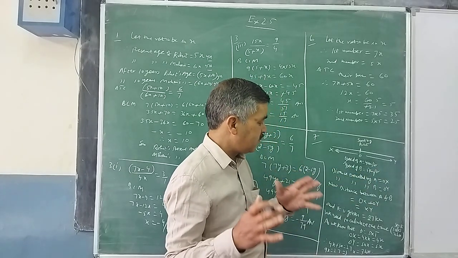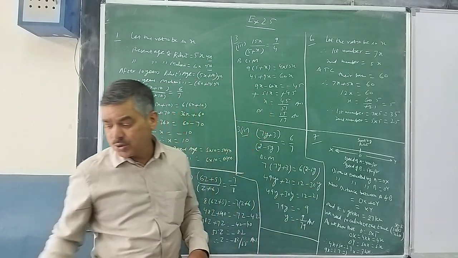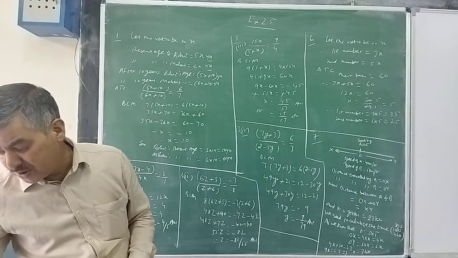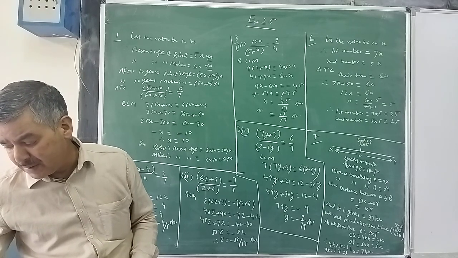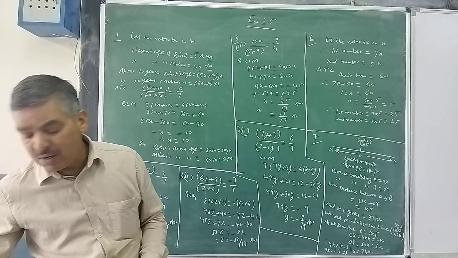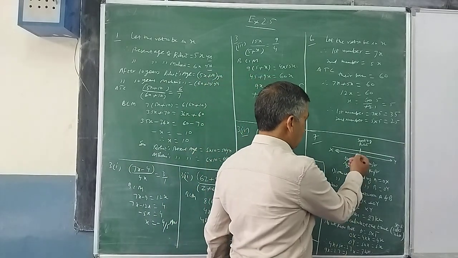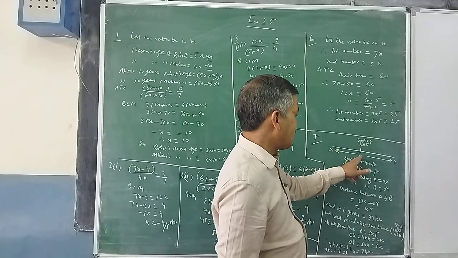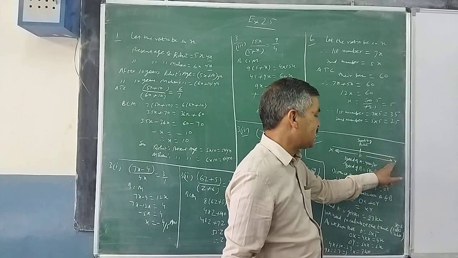First you try to understand what we need to do here. It is asked in the question, A and B are walking from the same place in opposite directions. If A starts walking at a speed of 4 km per hour and B at a speed of 5 km per hour, in how much time will they be apart by 27 kilometers? So when A starts from O and travels, suppose in X hours A has reached here at X, and in the same time, that is in X hours, B has reached here at Y.